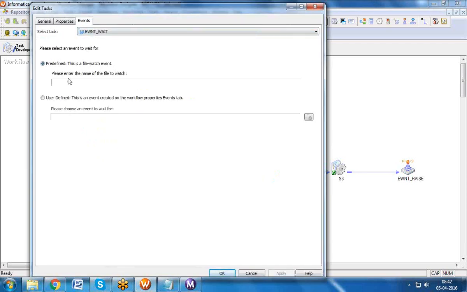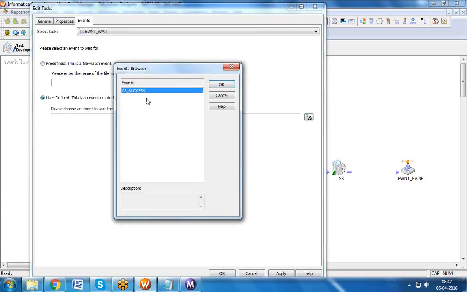What you can see here, guys, is the event wait task is defined with two properties. One is user defined event, the other one is file watch event. So just recall what you have worked on. You created an event. Who created the event? The user has created the event. So whenever you work with an event raise task, it is mandatory you work with the event wait task. This is a combination. Because what do event raise tasks do? Event raise tasks just trigger the message when their turn comes, and that message is captured by the event wait task using this user defined option. Is this the message which the event raise task is triggering?